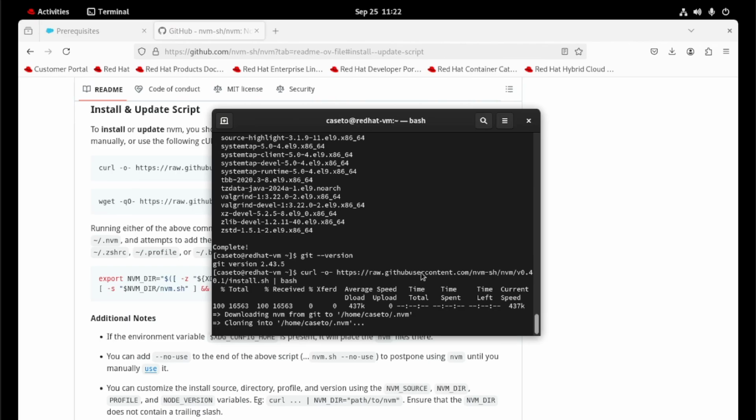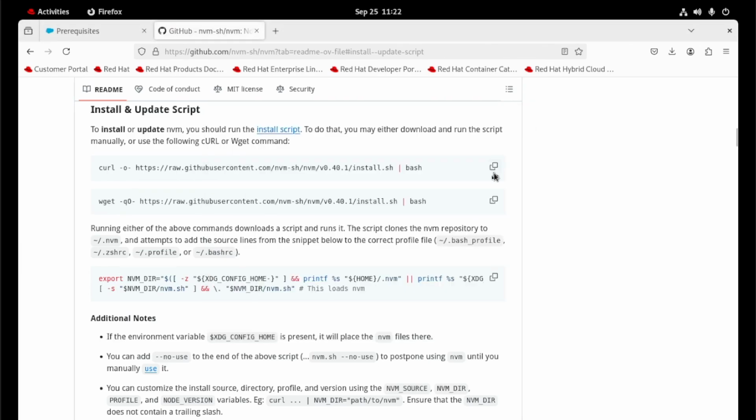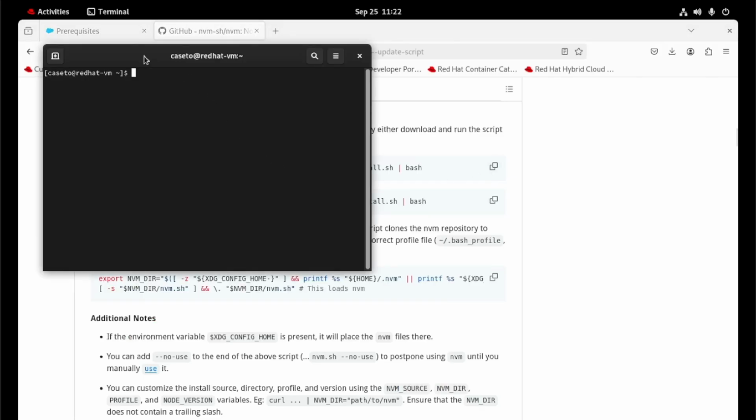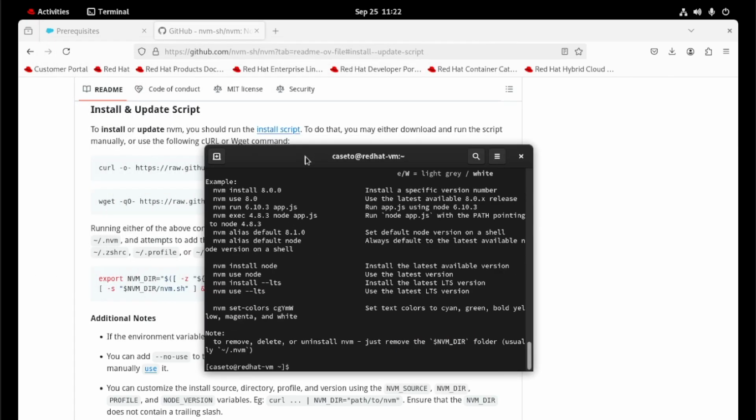Paste and install. To finish the installation, we need to close and reopen the terminal. NVM. Okay, the command is good.